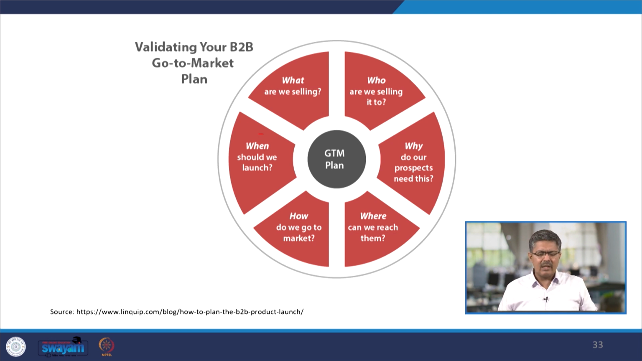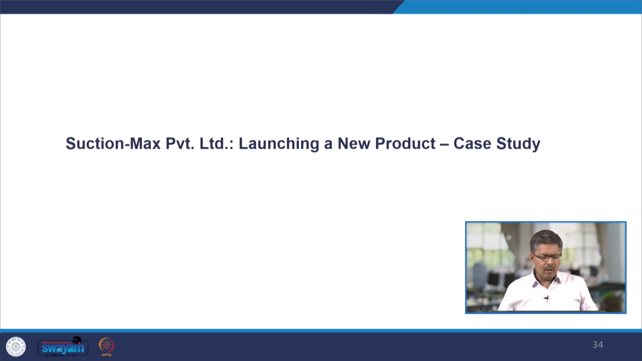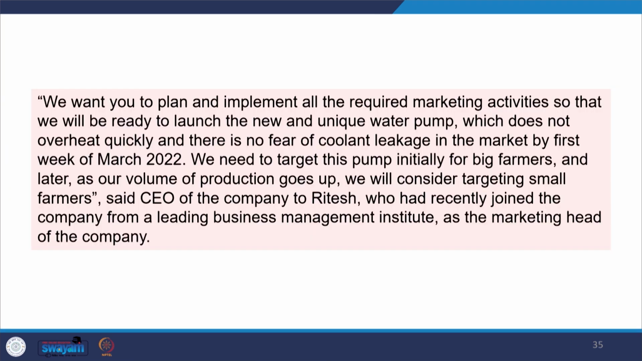the launch of the product becomes successful. Okay. With this, I will take you through a case study from which you can learn about product launch, how it happens, and try to answer the following questions which are attached to the case. So, this is a case about a company which is launching a new product. As I have mentioned, the case is about a company manufacturing water pumps. Okay. So, the case summary is that